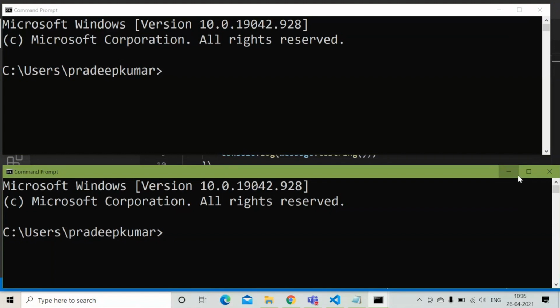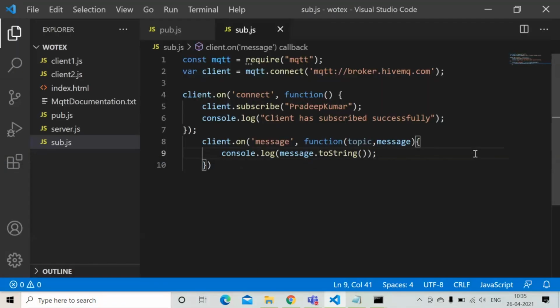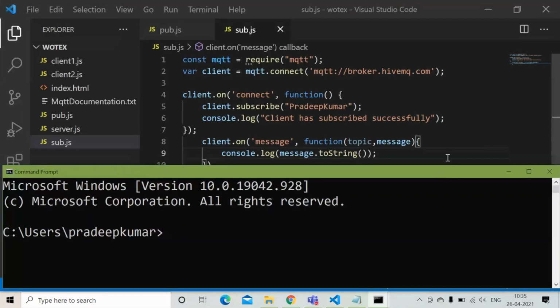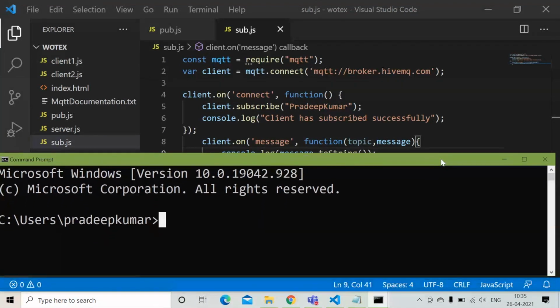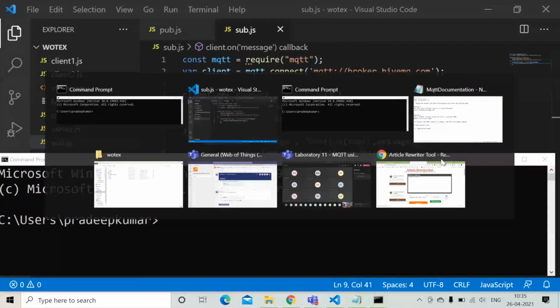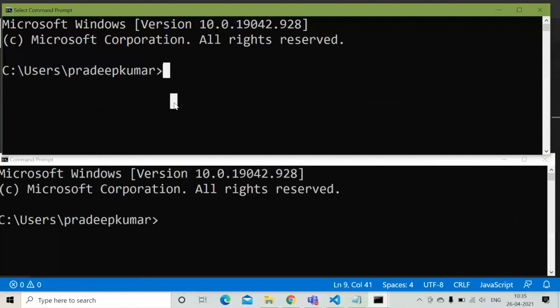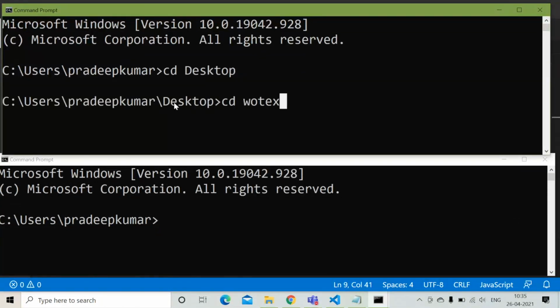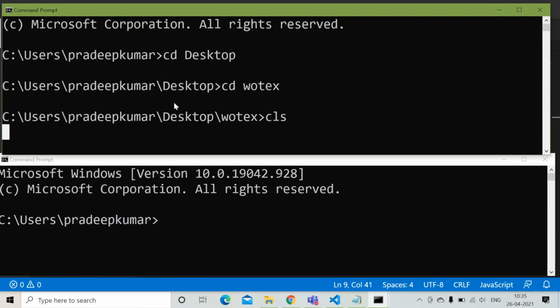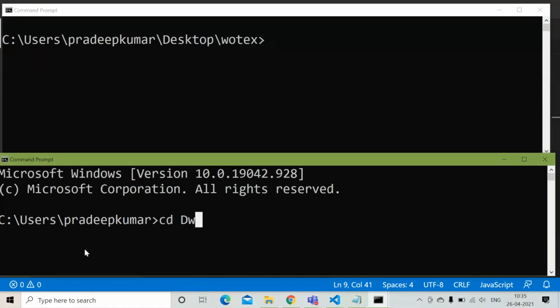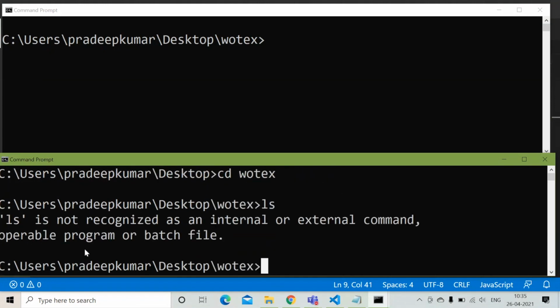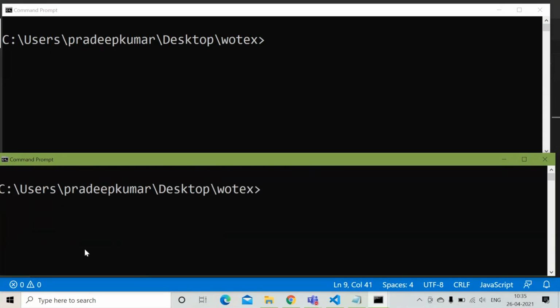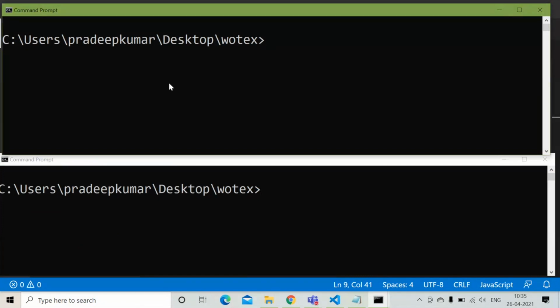Now I do cd desktop, then cd vertex, and here also cd desktop, vertex. Now the first thing to run is node pub.js.